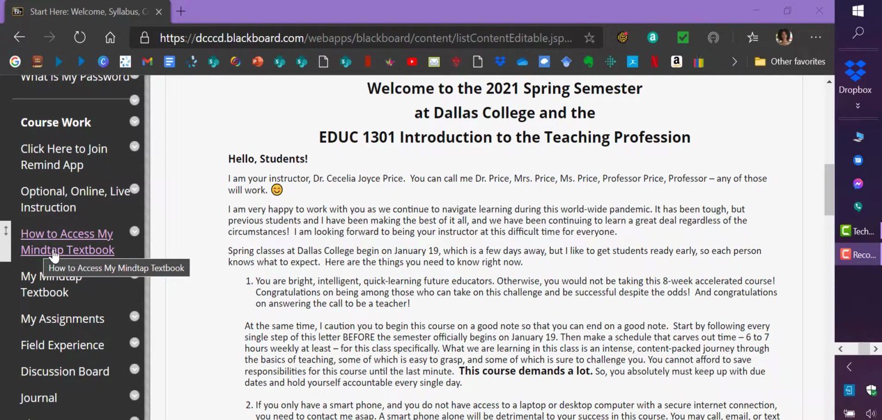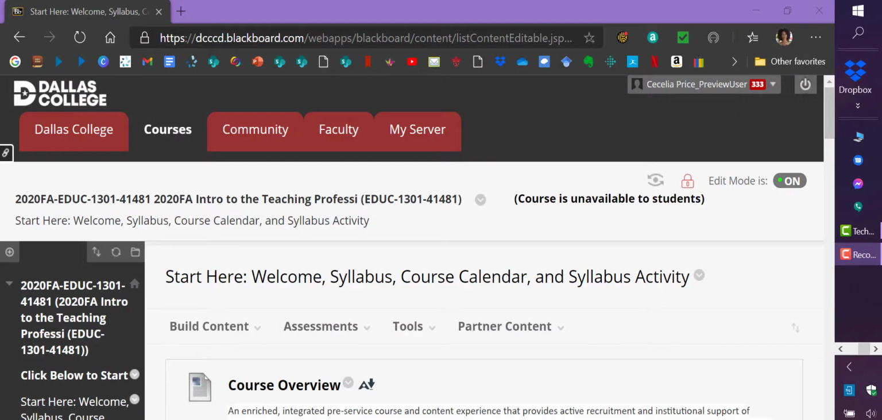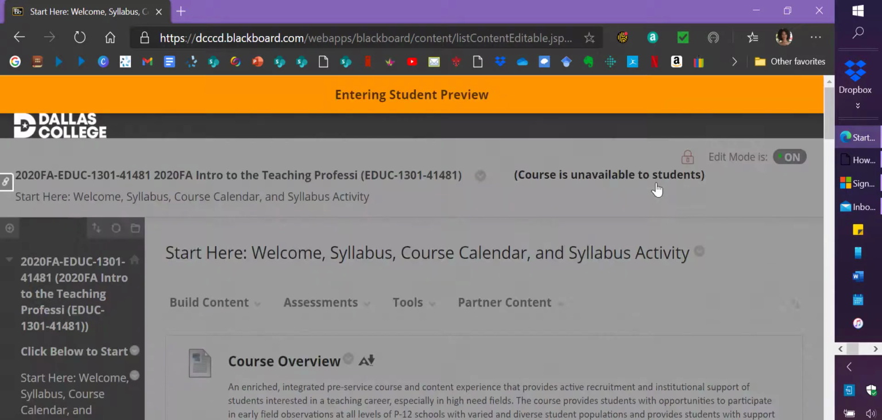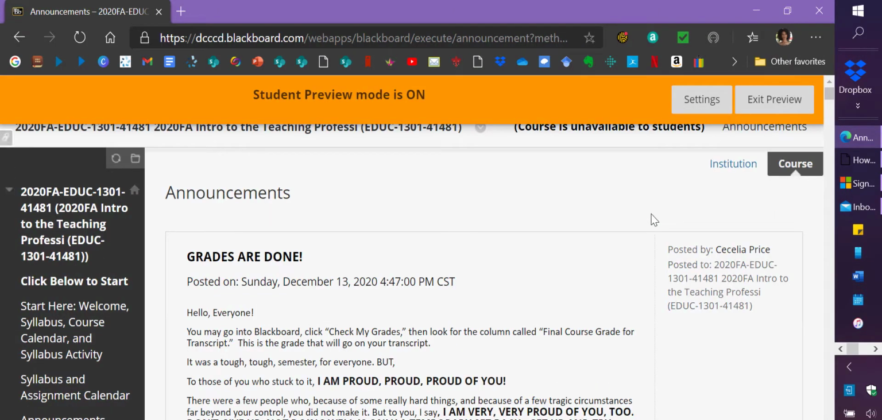My MindTap Textbook. Now, before I click that link, I'm going to switch my viewing to Student Preview. And what that means is that I'm going to be showing you how to access your textbook from a screen that looks like what you will see instead of what I will see as a teacher. So now I'm in Student Preview mode. You do not have this setting on yours. This is only for instructors. And again, it's so that I can show you exactly what you're going to see when you follow along with